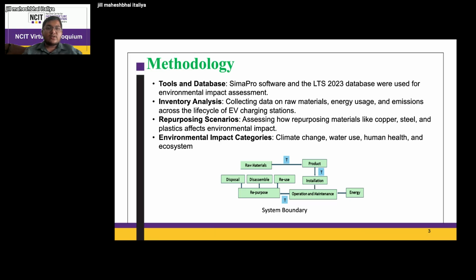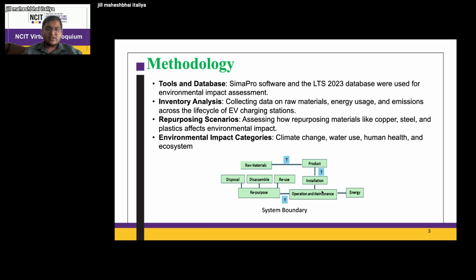We'll also be considering the re-scenario, because it will give some payback to the environment, especially for materials like copper, steel, and plastic, which are usually more polluting to the environment for their production and everything. So this is the system boundary from the raw material to the product,